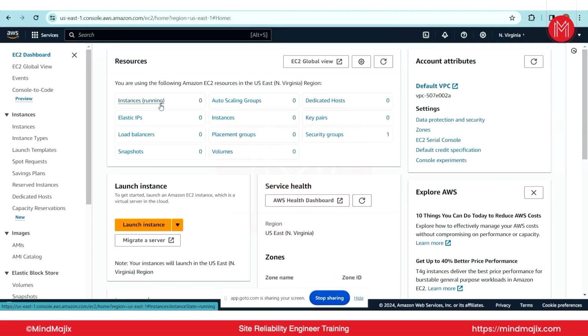And here you may have a number of things, like instances, which is nothing but the virtual servers we just discussed. Auto scaling groups is, once you configure the auto scaling, that means scaling up or scaling down, which we discussed yesterday. Whenever some traffic is coming up, if you configure this auto scaling group, then the instances will increase and the instances will go down when the traffic is not there. Dedicated host we will discuss in the instance types. And for elastic IP, there is one thing you should understand first.